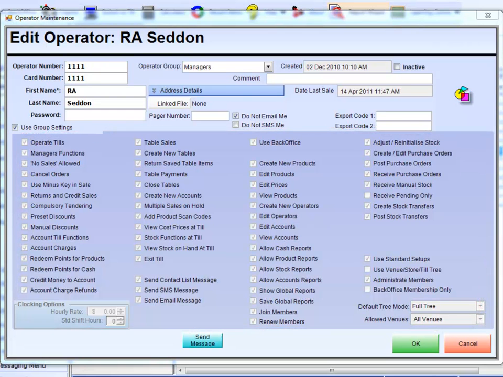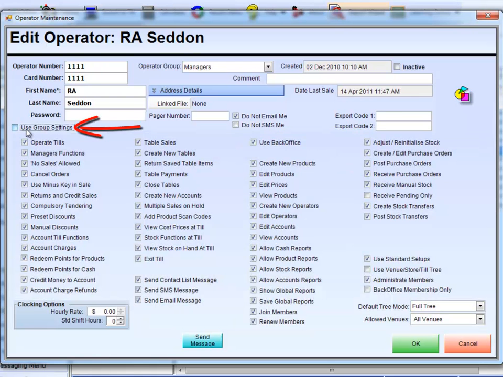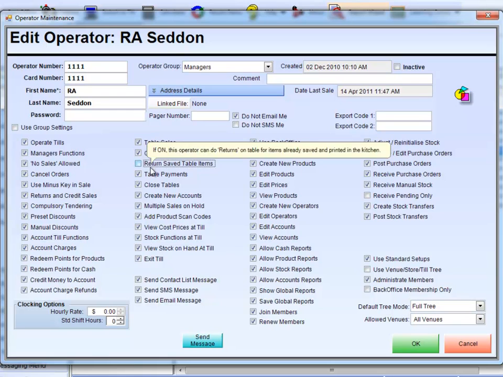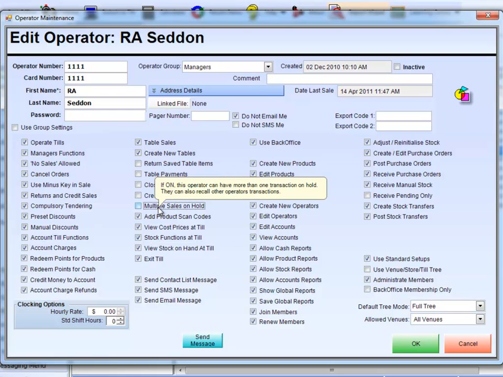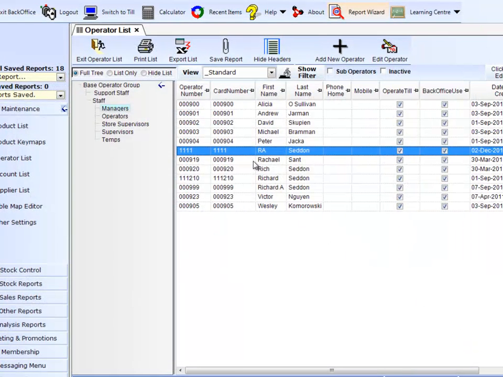These are the privileges set up for the group. You'll see that you are unable to change these privileges at this operator level. If, however, I turn off the use group settings flag, then I'm able to change individual privileges for this operator. At this point, I'll cancel this, and now we'll go back to the group and we'll see how we can